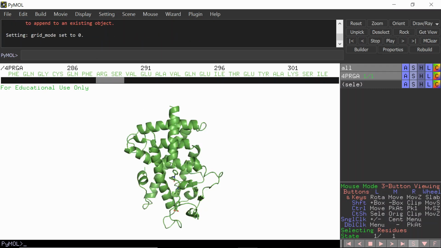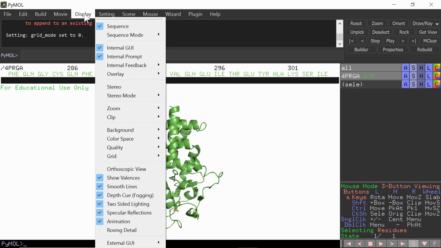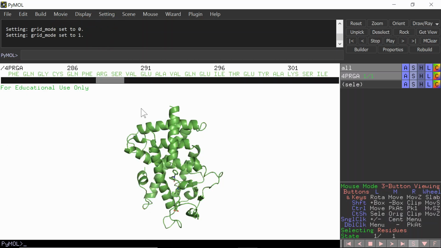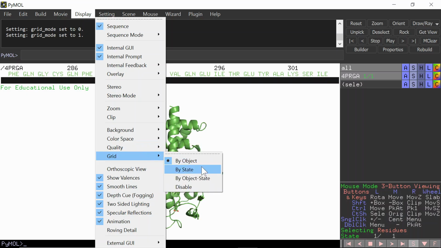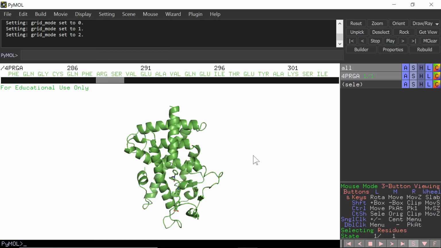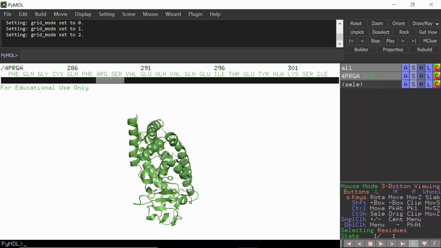The next option in the display tab that we're going to look at is grid. So if I hit display, grid, you can see I have a couple options here. The first one is by object. If I choose that, you can see nothing happens. Similarly, if I choose display, grid, and state, nothing happens still. Now if you look at my project table, this actually makes sense. So the only object I have loaded in is 4PRG. In addition to that, it only has a single state, meaning it only has one energy position located in its